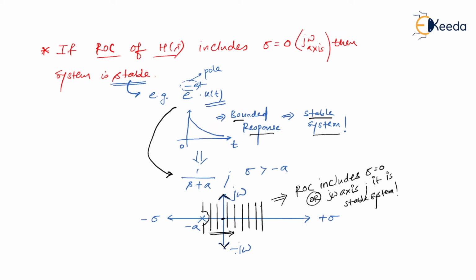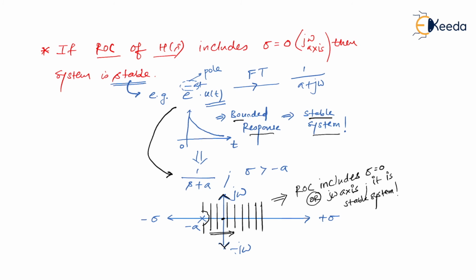Okay, because there are some functions for which a Fourier transform is not possible. So if you want to know for a particular function whether a Fourier transform is possible or not, even looking at the ROC, you can identify whether a Fourier transform is possible for that function or not. And for this function, as you can see, it is including the j omega axis within its ROC. I can say that for e to the power minus at u of t, even a Fourier transform does exist. And of course, we have studied that the Fourier transform for e to the power minus at u of t is 1 upon a plus j omega.